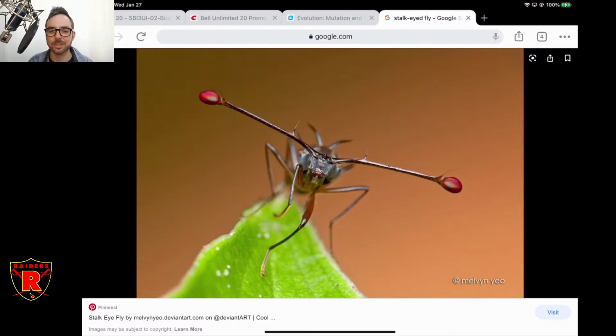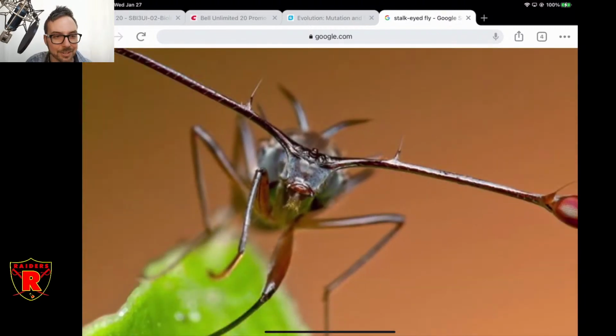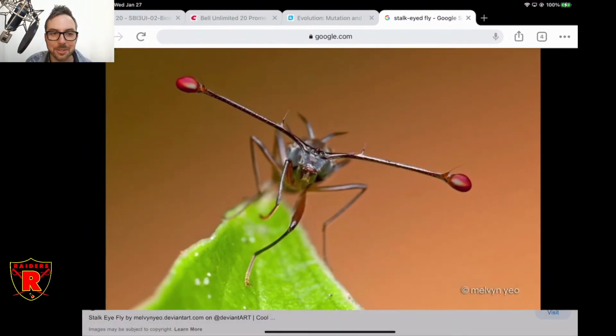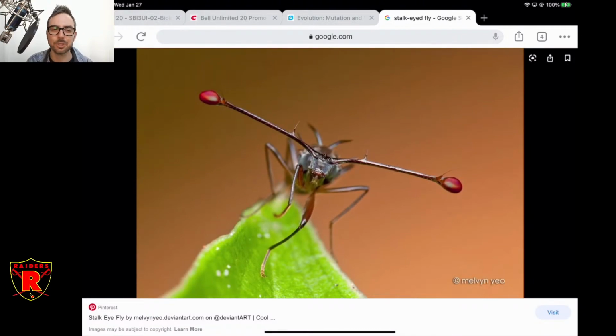However, the reason that they're so long in the first place, and by the way, female stalk-eyed flies look totally normal. They just have two eyes on their head, just like a normal fly would have. So this is a huge dimorphism between males and females, and the only reason that difference exists is because of sexual selective pressures. So normally when you see a difference between male and female, that's pretty much the only evolutionary reason that is forcing a difference between males and females.